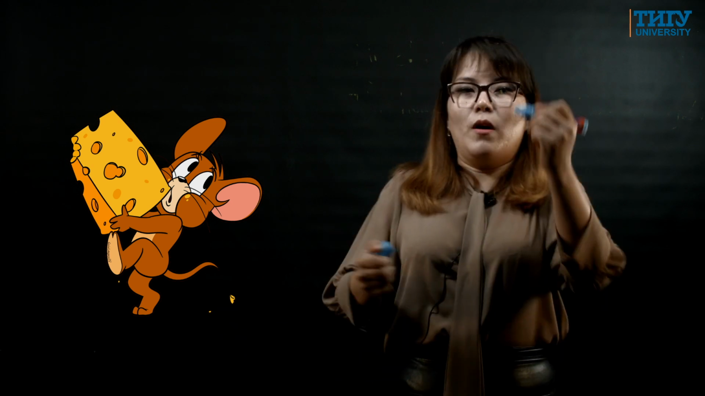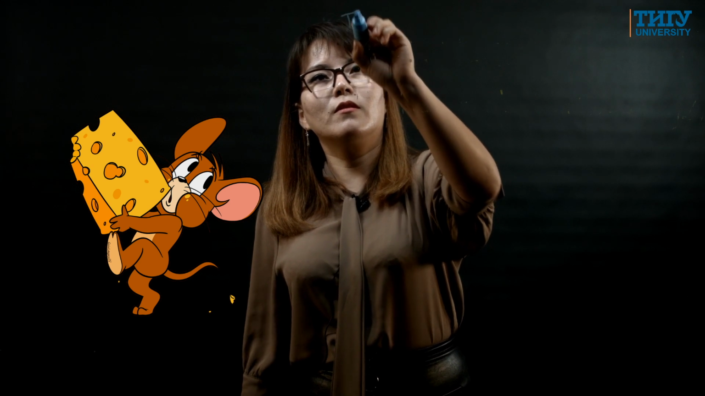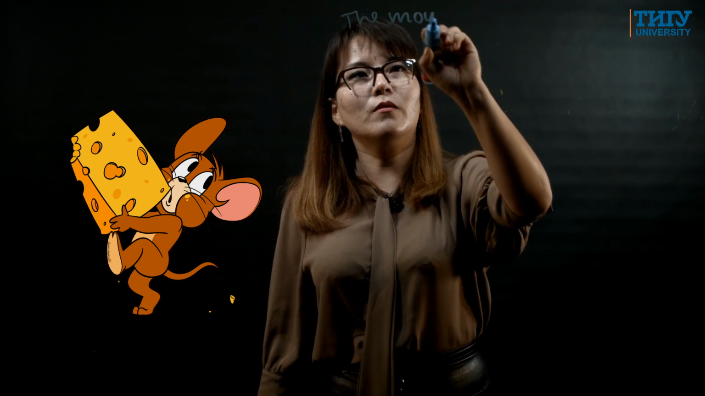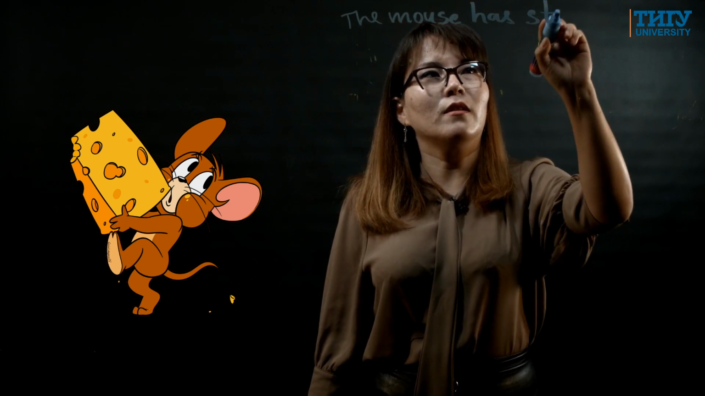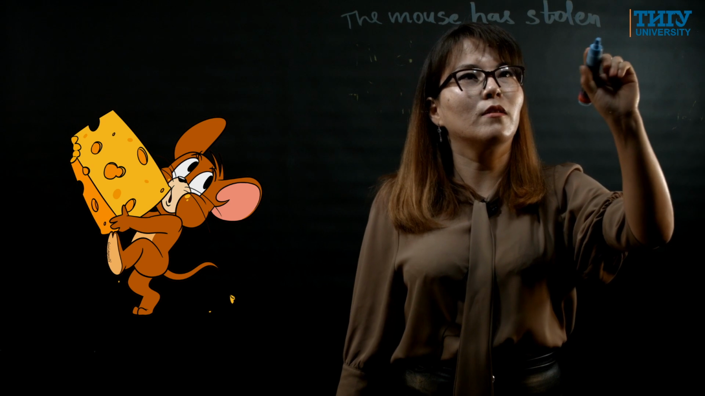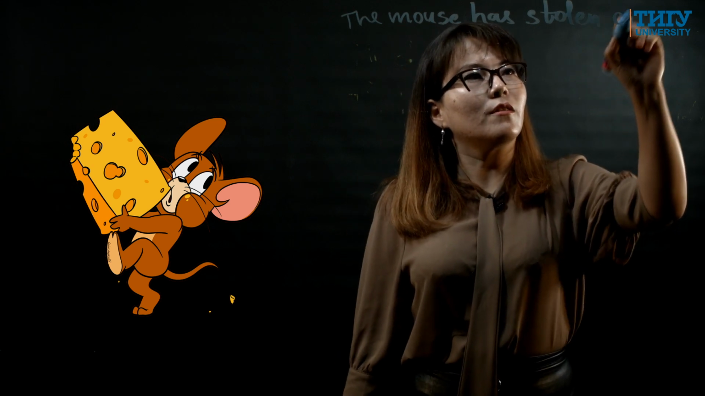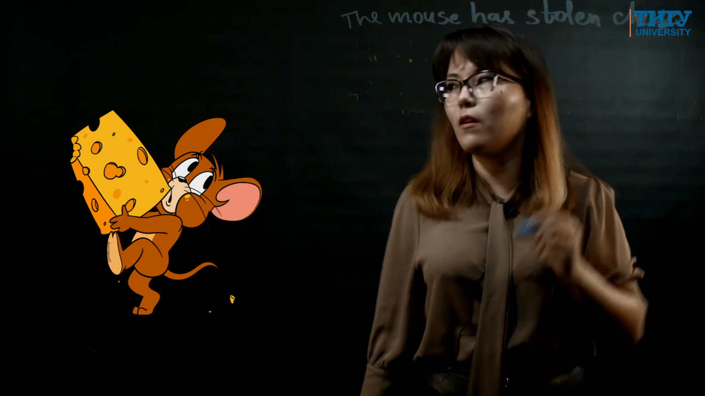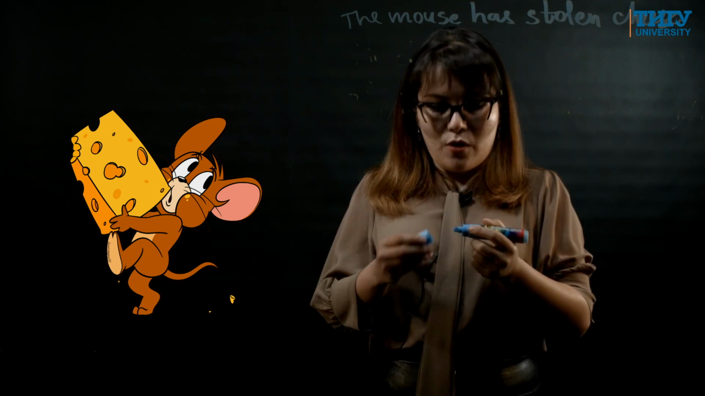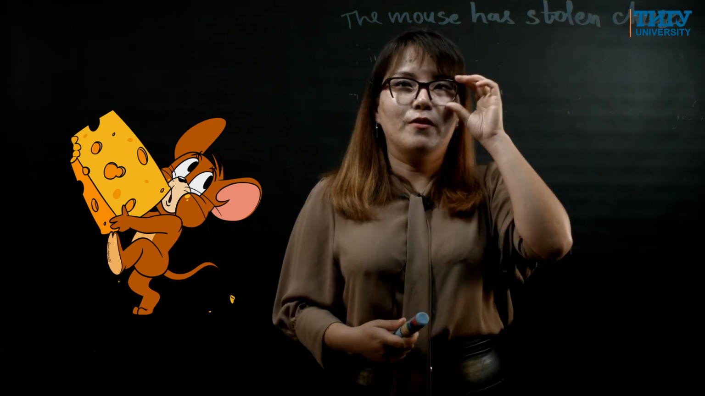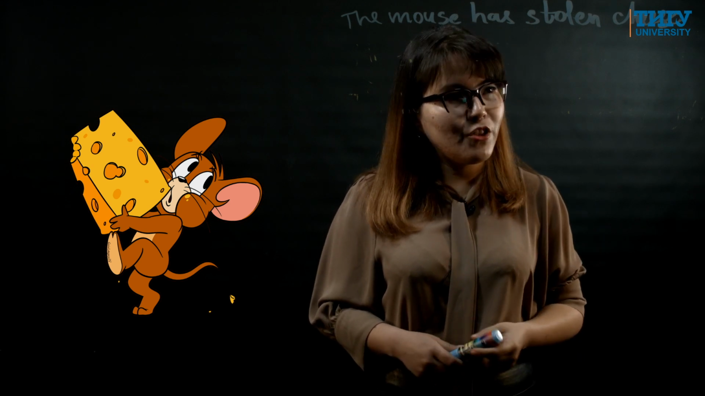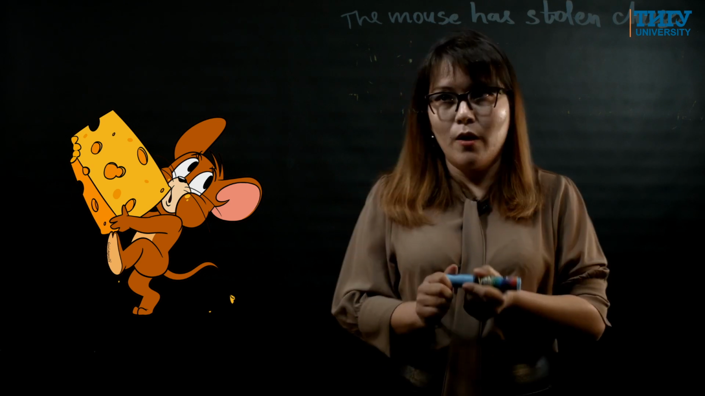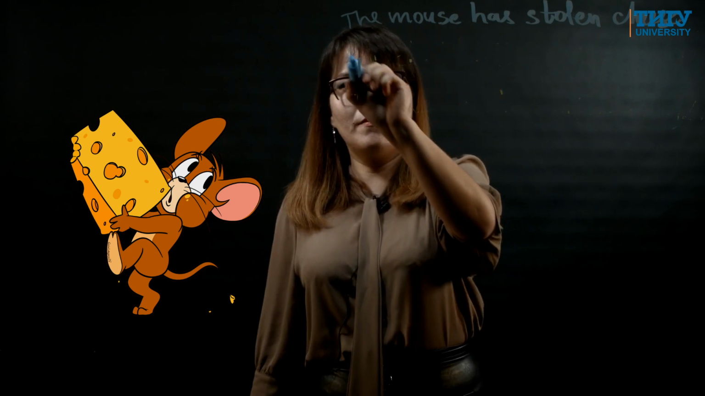So we may see the mouse running away with cheese. So we might say, okay, the mouse has stolen the cheese. So this is the active voice. The mouse has stolen the cheese. And then we may change it into the passive voice. We may say that the cheese,